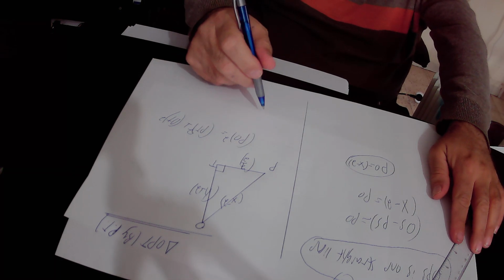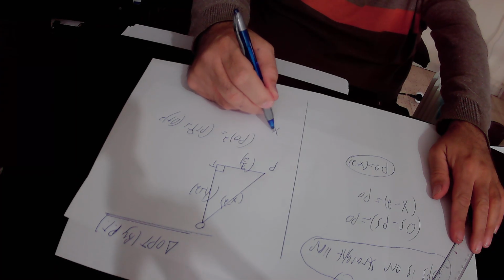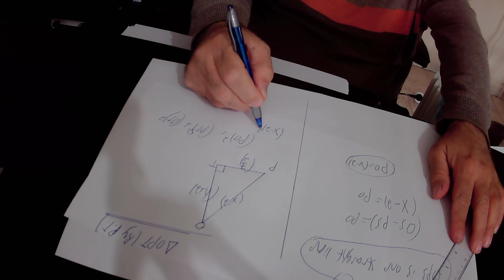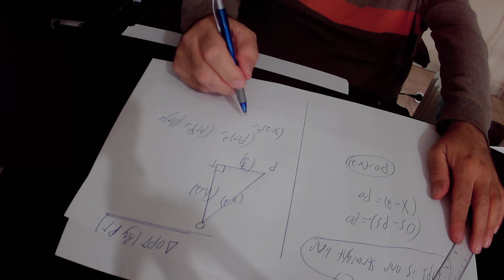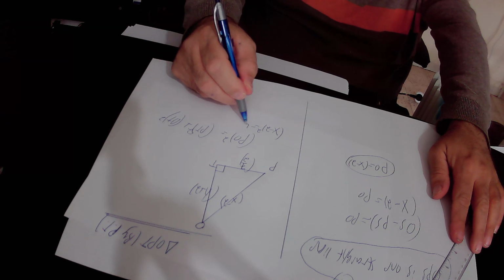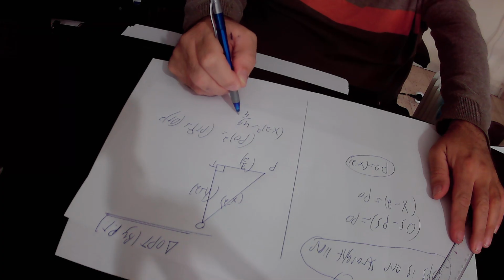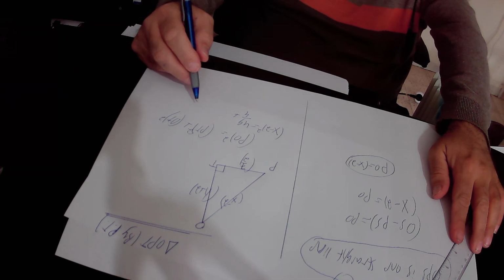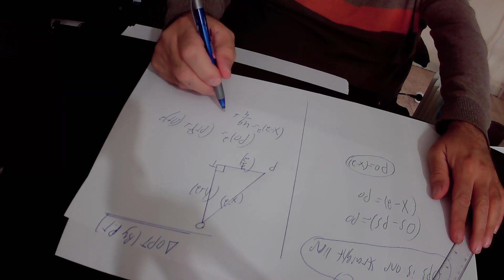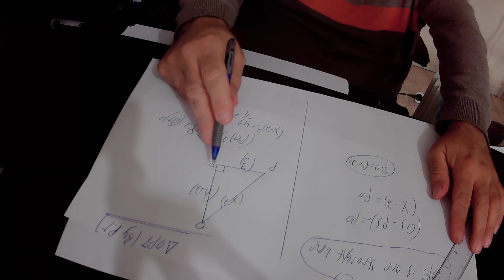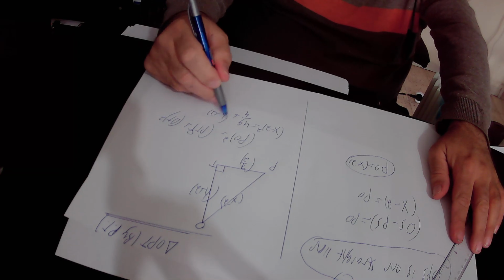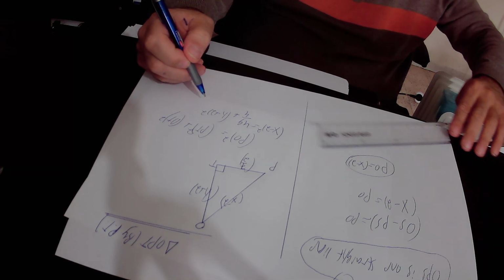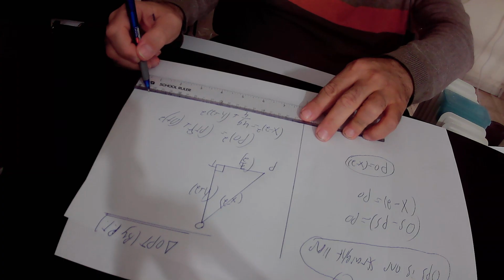So PO is x minus 2, therefore PO squared is (x minus 2) squared. This equals PT squared. PT is 7 over 2, therefore PT squared is 49 over 4, plus OT squared. OT is h plus 2, therefore OT squared is (h plus 2) squared. We'll open the brackets on both sides of the equation and we'll get that